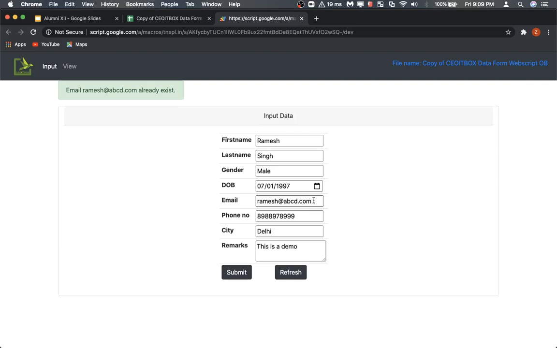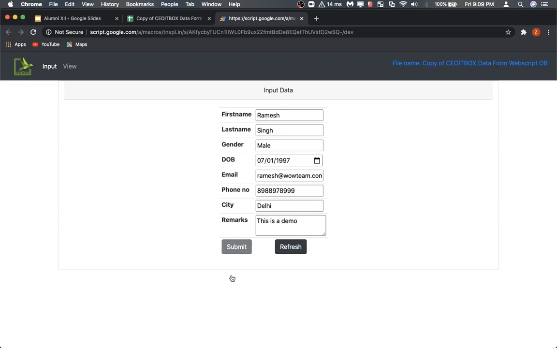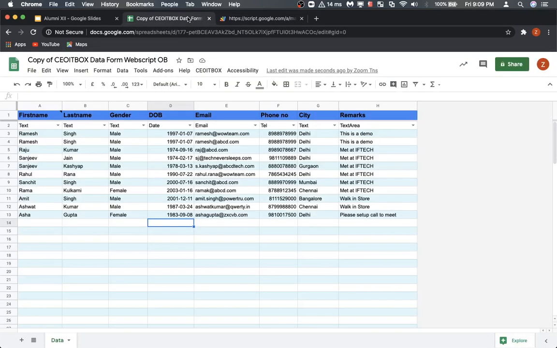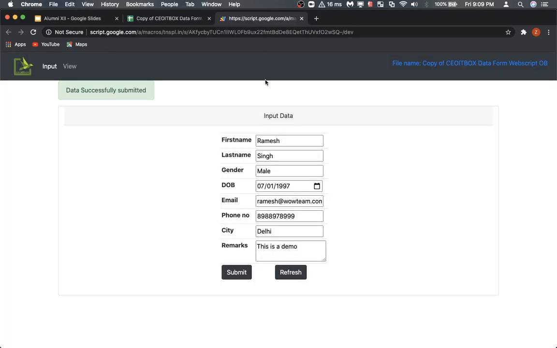But if I change this and click on submit, now it should take the data, and we will have two Ramesh Singhs, but the primary field is now different. So you can select which field is the primary field. This is the input part, and as you can see, this form has been created automatically.